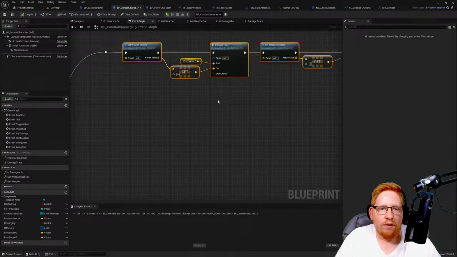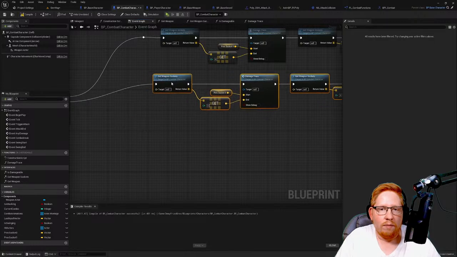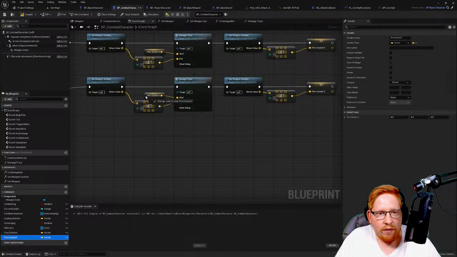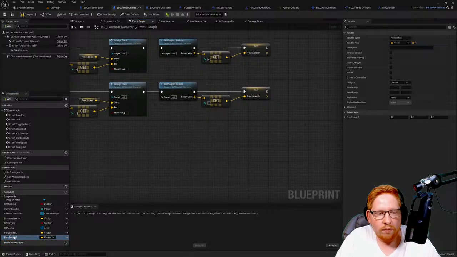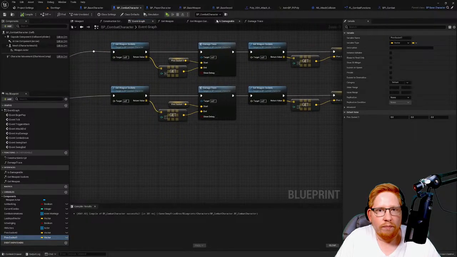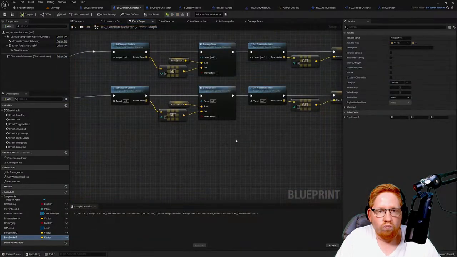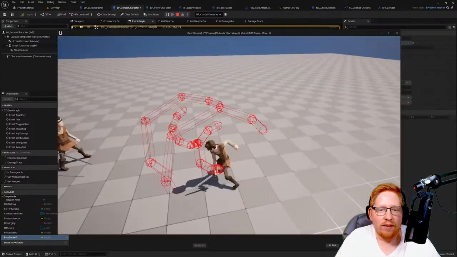Then all we need to do is copy this, paste this in here, move this up here a little bit. We can change previous 0 to 1, we can change 0 to 1, we can change 0 to 1, and previous 0 to 1. Now if I go and swing, I've turned off the debugs. Now if I go and swing, you can see that we've got both the outside and the inside of our